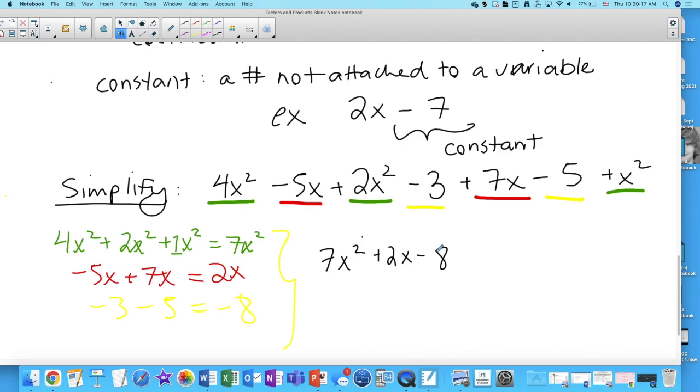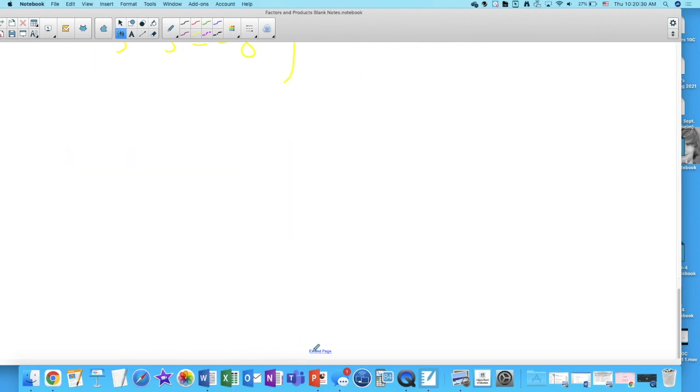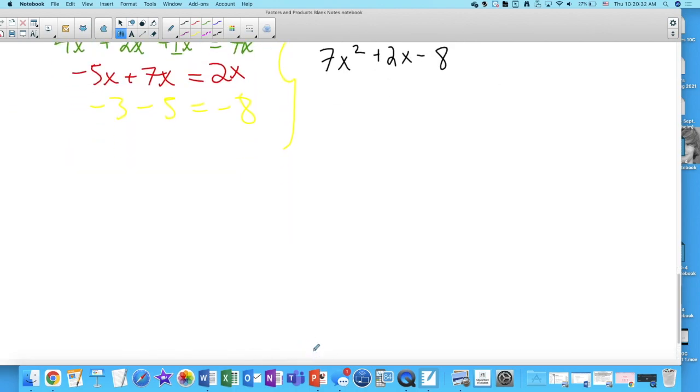Okay, now the last thing I want to talk about is multiplying monomials together and dividing monomials, right? So some of you guys actually may have done this last year where you're taking a monomial and multiplying it by a binomial or a trinomial, or vice versa, or dividing, right? But let's just talk about multiplying and dividing monomials, okay? And really what this ties into is our exponent laws, right? So if I'm looking at multiplying or dividing monomials,